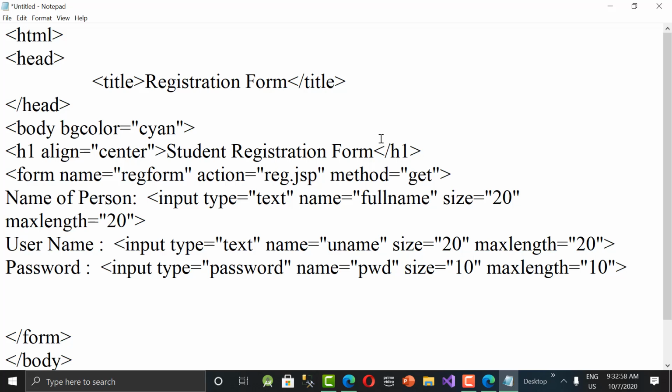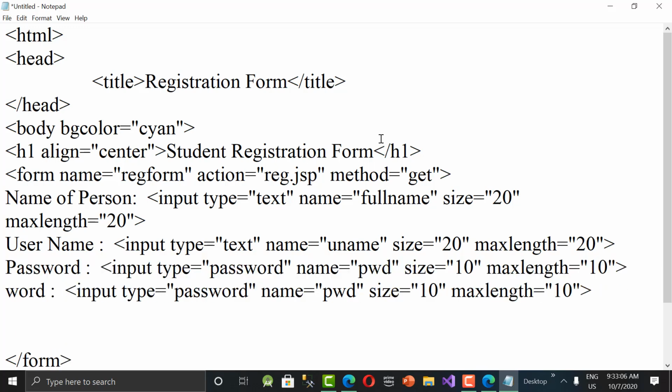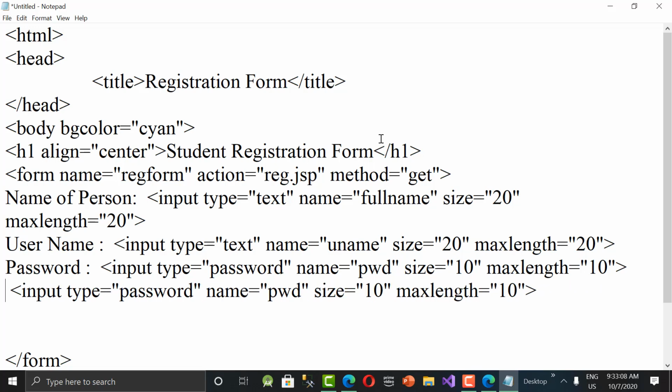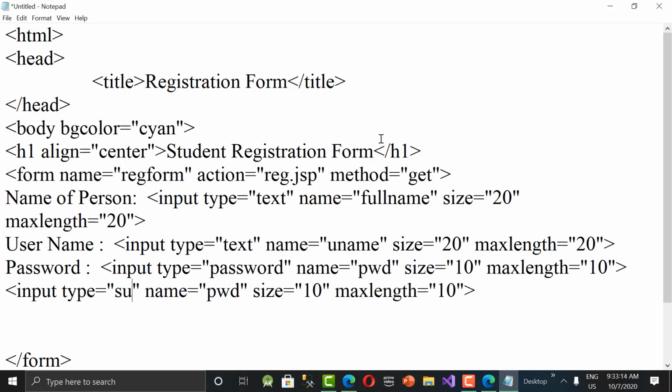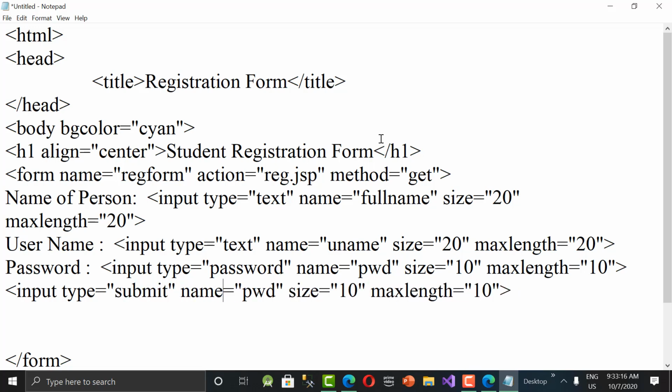Yeah, and finally we need a button. So what I'm saying, copy paste. We don't want any title for this button. So input type is equal to, these are said to be action buttons. Input type is equal to submit. And then name is equal to btn submit. That is the name of the button I'm giving. Okay. And here instead of length and all, we need to give value on the button what we wanted to give. I wanted to give submit. By default, submit will come. If you want to give something like register or something, you can give it like this.